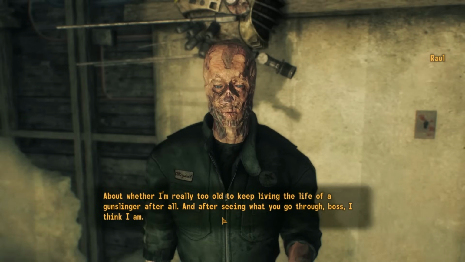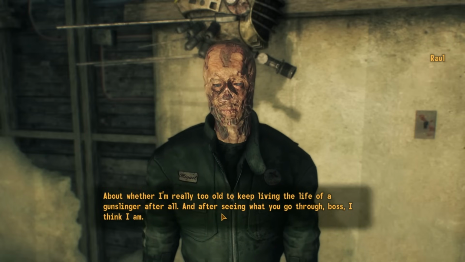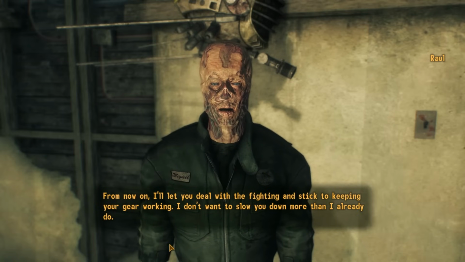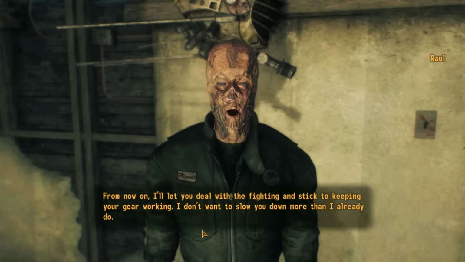Now, if we feel that the reward we get doesn't match the dialogue choices that we made with Raul, we always have the option to pass a 66 speech check to convince him to change his mind. If he decides to become a full-time repairman and put his pistols behind him